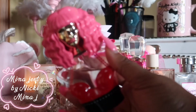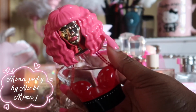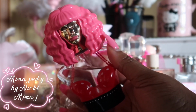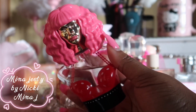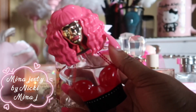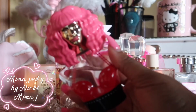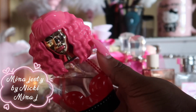And when I first got this, I really wasn't hyped about it at all. I really didn't get much scent from it. And I was considering if I had made a mistake by purchasing this or not. So I did actually pick this up from Burlington. So this was a cheap purchase. But, you know, smelling it again, giving it another chance definitely helped me to like this fragrance a little more